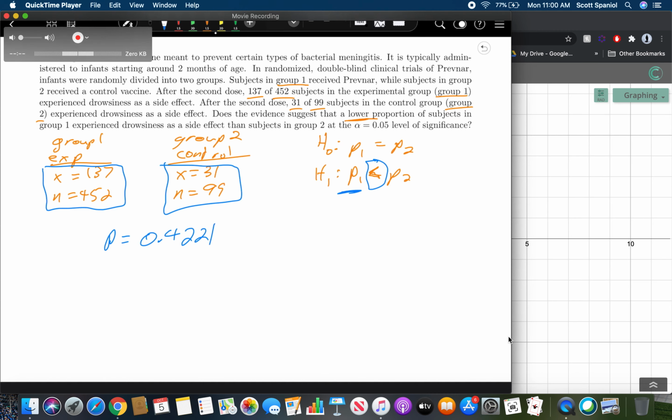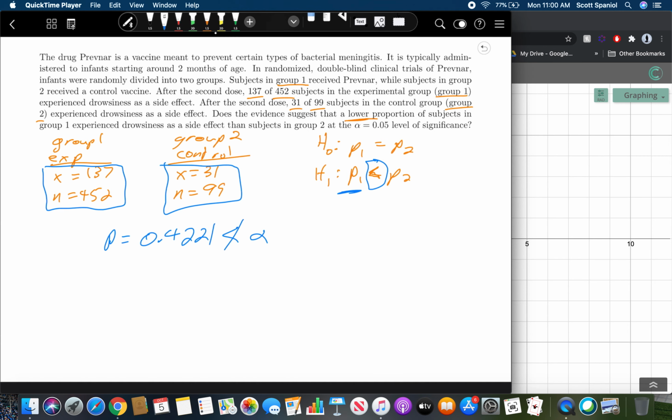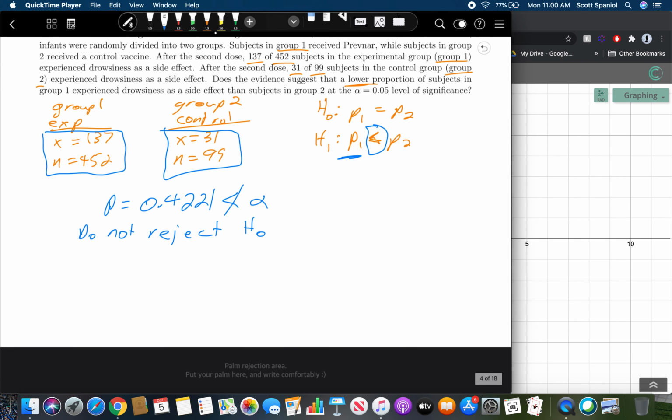So now we can go back to our notes and ask, is that less than alpha? And the answer to that is no. So just like in chapter 10, we do not reject H naught when p is not less than alpha. And so now we can write a statement saying there's not enough evidence for the alternative hypothesis. So there is not sufficient evidence